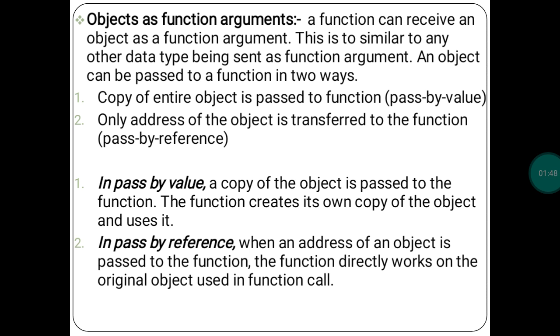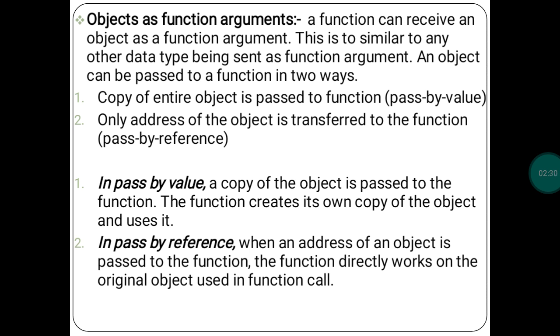In pass by value, a copy of the object is passed to the function. The function creates its own copy of the object and uses it. In the pass by value method, one copy of the object is passed to its member function.